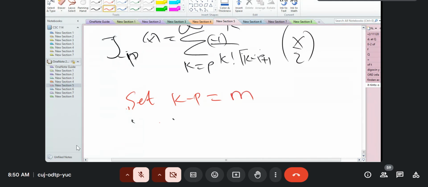Then you want to sum over m. If you set k minus p equals m, then making k the subject, you have m plus p. So we can replace k with m plus p in our formula, but we are summing over m, so we need,